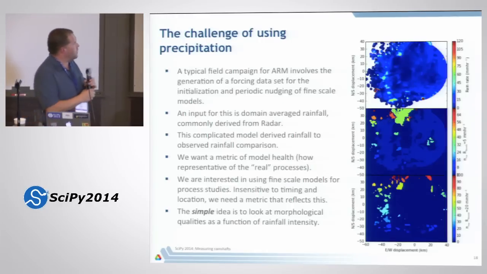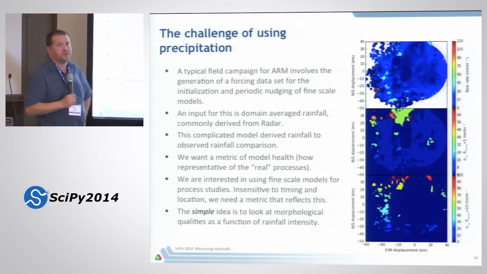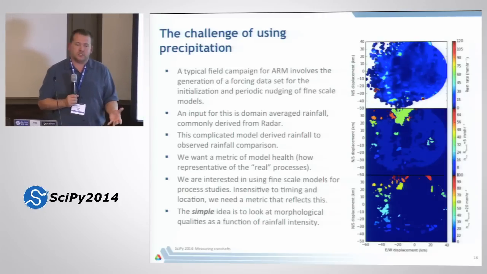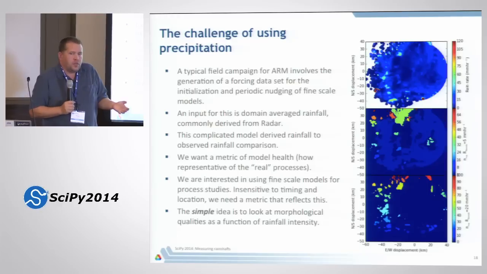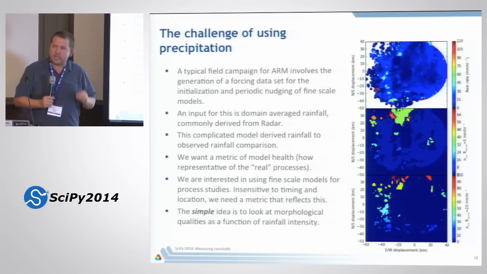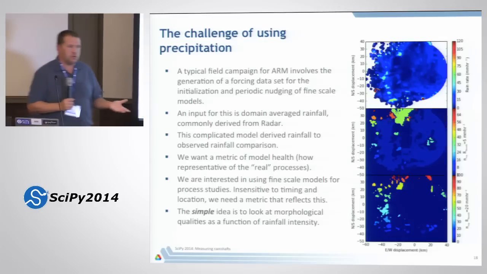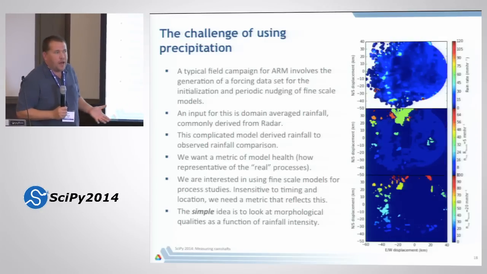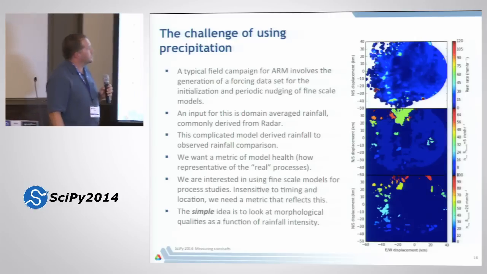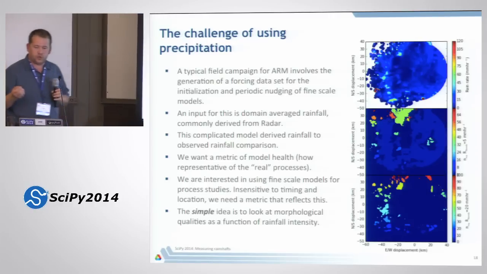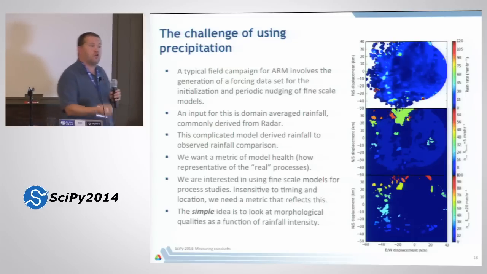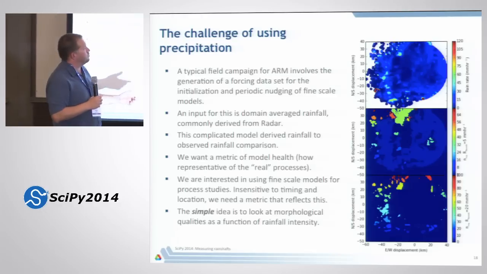So one of the challenges of using precipitation is coming up with a natural way to compare structures, because in ARM, we don't care that it gets the rain in the right spot. We care that on average it has the processes right, because rainfall and storms are a stochastic process, and we're only interested in things on average because we look over 100-year timescales. So one way we came up with to describe the rainfall field, both in a model but also from this gridded radar data I showed, is this morphology technique.